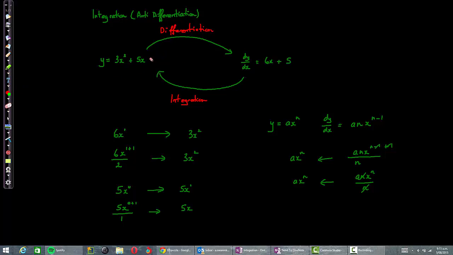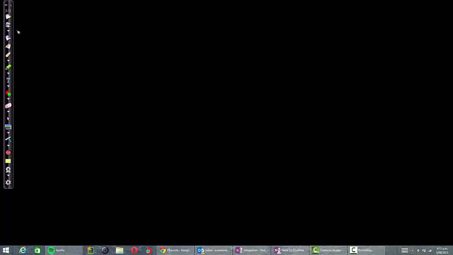So if you derive that, you still get the 6x plus 5. So how do we deal with that? Well, what we're going to do is put in our answer a constant that might have been here. So let's tidy this up. Let's just go to a new page and say, if I want to integrate or anti-differentiate, not the 3x squared, but the 6x plus 5,